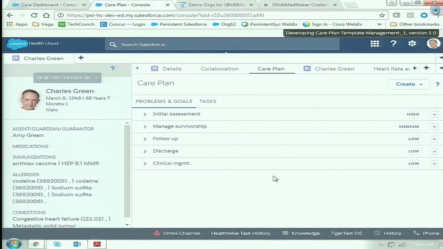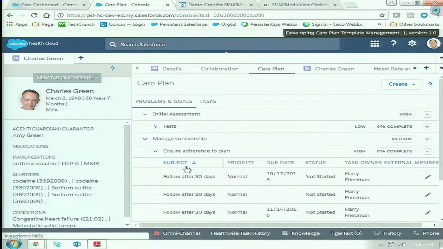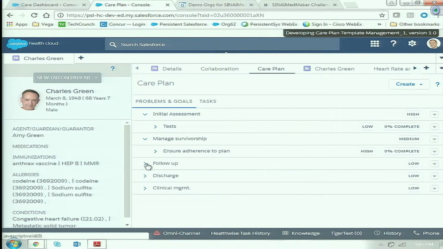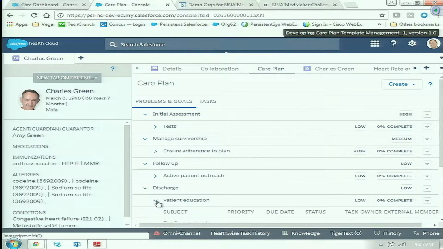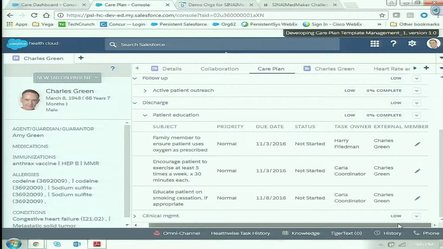again, we are completely focusing on the patient right now, that based on this data, you can set up some health or clinical tasks and clinical goals. For example, if it is a cancer patient or a cancer survivor, what kind of things you can do to ensure adherence to pain medication. You are following up after some given amount of time. If there is discharge management and you need to do patient education, then what are the things you need to do, the due date, who is expected to do it,